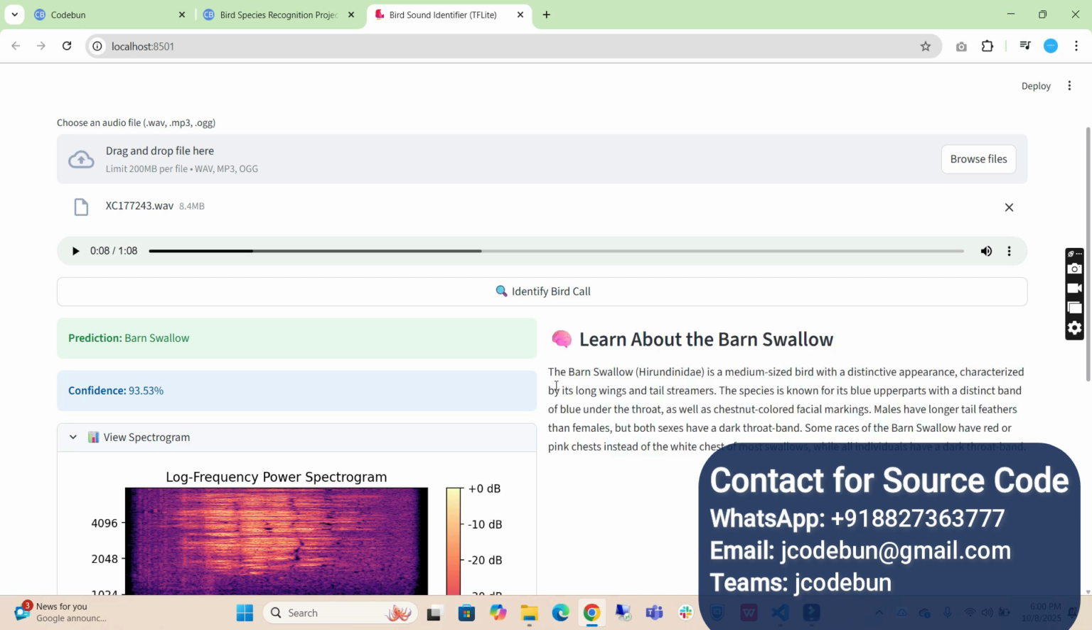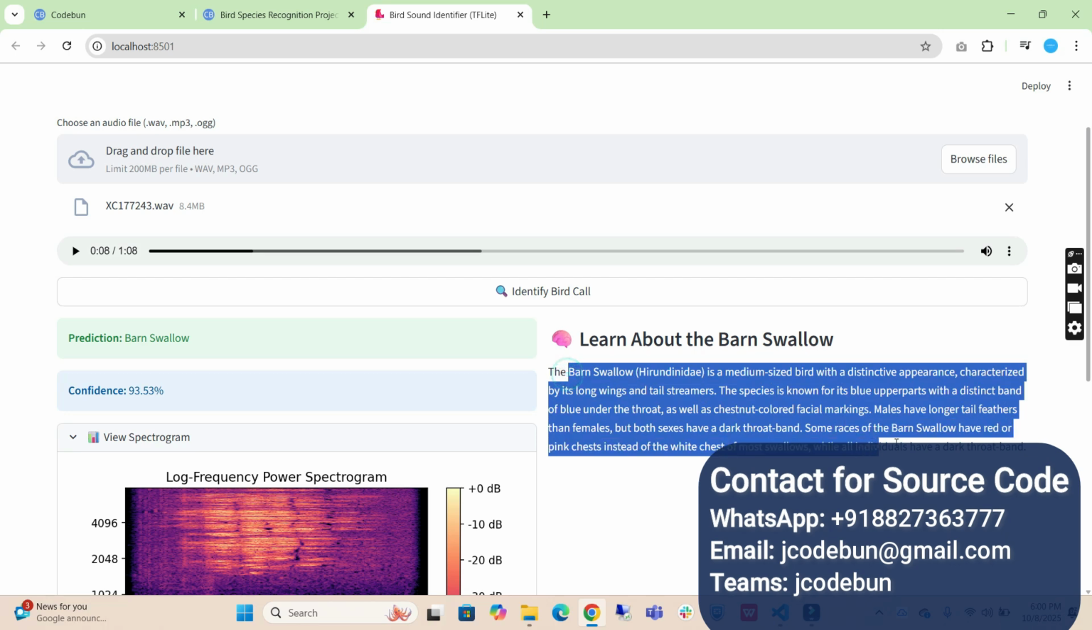Yeah, you can see the information about this bird we are getting from our AI tool. So this is a good project for